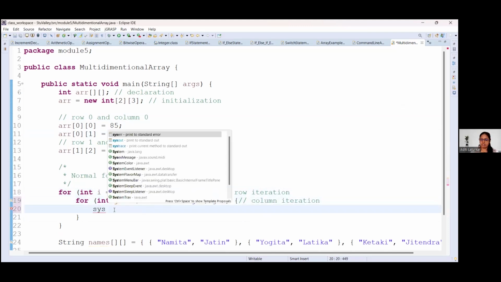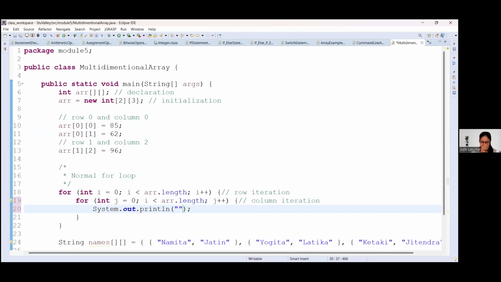Okay, so we can use system.out.println value at index ARR of. Now here I am combining the data just for understanding purpose, plus I plus bracket. This will be for row and the second will be for column plus j variable